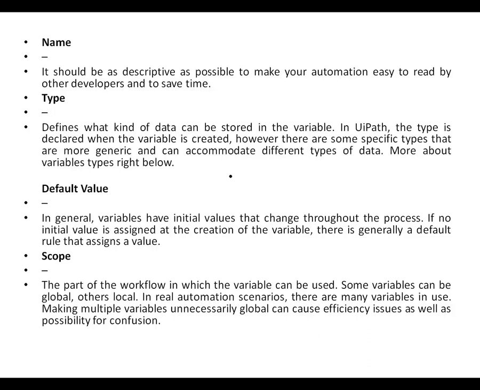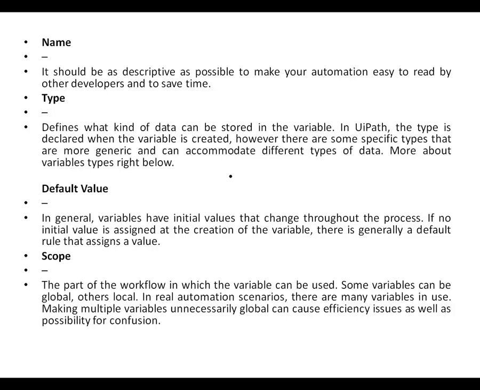So what is default value? Whenever a variable is declared, it should be provided with some initial value. If no initial value is assigned at the creation of the variable, then generally a default value is taken by the variable. Next is scope. Scope means nothing but the workflow in which your variable is used.